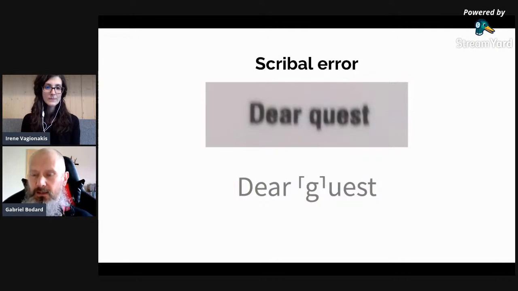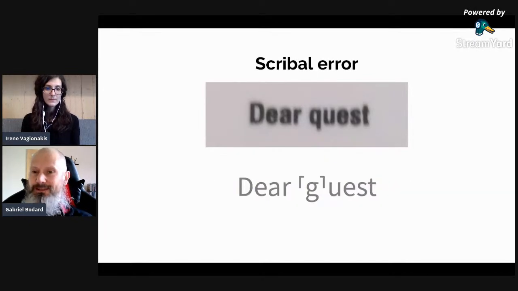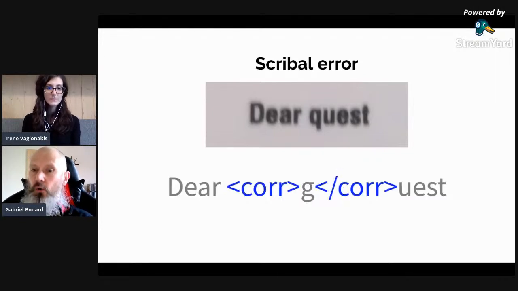So a conventional Leiden edition would put the corrected letter G in these upper half square brackets, and that we could simply tag that as corr in the edition. If we saw this edition in our text and we didn't have an image of the inscription, so we didn't necessarily know what the G was corrected from, all we could do was mark it up in EpiDoc XML as this corr tag. However, we do have more information than that. We know that not only should that have been a G, but we also know what it actually